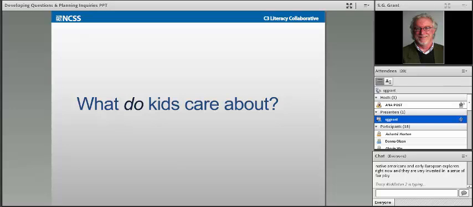So those are just a few of the ways that we can think about creating our compelling questions that really serve both sets of ideas. They need to be intellectually rigorous, for sure, but they also need to be things that we know that the students sitting in front of us really care about.